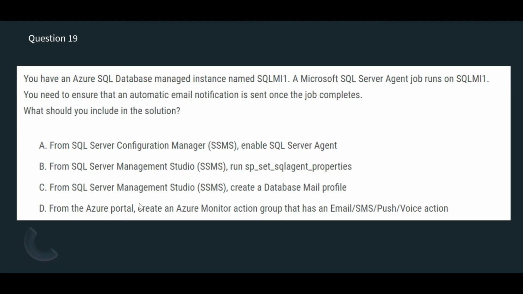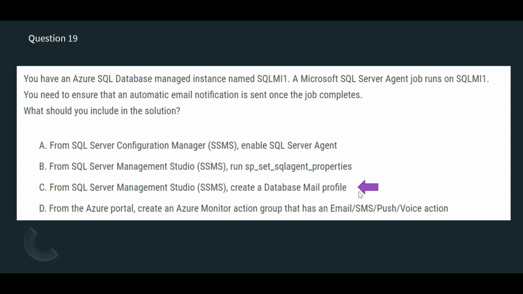Now if you see the Azure Monitor Action Group, this is specifically to monitor certain key metrics, and this is not a metric. This is just a job getting over. If it was a metric, then you could have used push notification or SMS, etc. But this is not related to a metric. This is just a job, so it will not apply. So option D is wrong. So we will lock option C as the right answer and move forward.